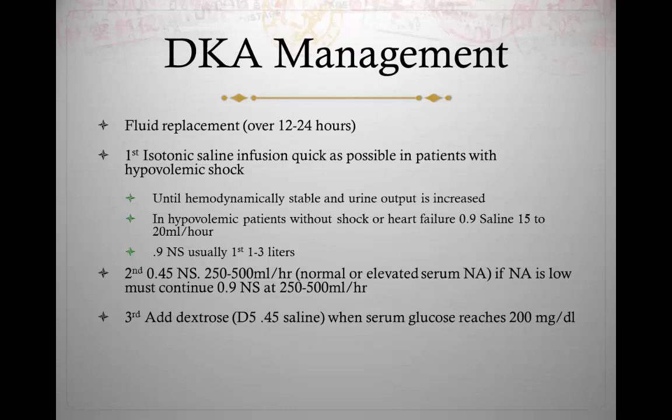Clinical data. Look at the skin turgor. Look at the BUN and creatinine. If the BUN is elevated, if the creatinine is elevated, and the patient is still having renal failure, that's an indication of hypovolemia. But without shock or heart failure, overt heart failure, or acute decompensated heart failure. So you could continue, instead of 500 mLs per hour, you could do it between 15 to 20 mLs